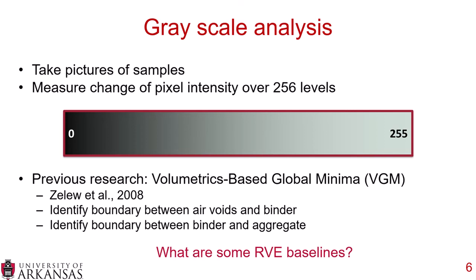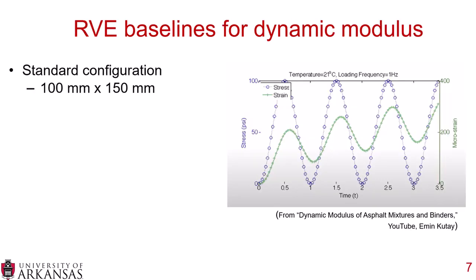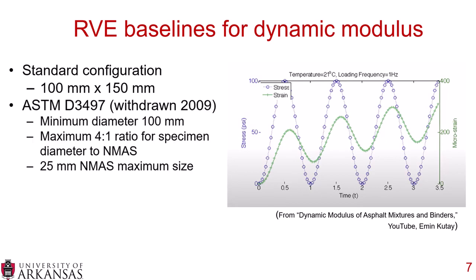Now looking at that, what are some of the RVE baselines? Well, RVE baselines for dynamic modulus, remember the standard configuration is 100 millimeters by 150 millimeters. If you take a look at ASTM D3497, which is a dynamic modulus test that was actually withdrawn in 2009, but does have some pretty specific guidelines about dynamic modulus, the minimum diameter of a sample from ASTM D3497 is